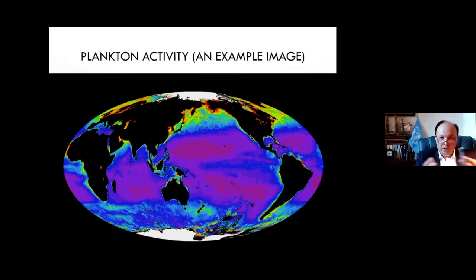and less of these processes happen in those sort of regions. But this is just an example of an image of the global plankton activity. Very, very important and crucial, again, for the sustainability of the planet. Again, atmosphere and oceans interacting, redistributing heat, energy, and also capturing CO2 emissions and giving us back oxygen for the